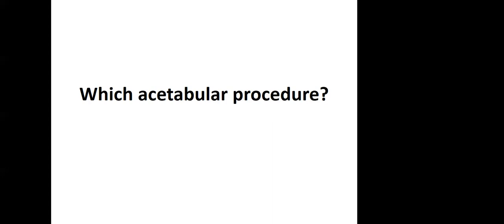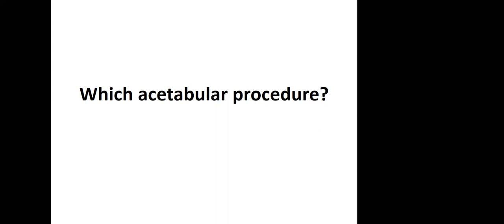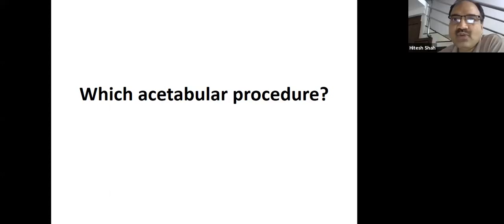Sir, Pemberton osteotomy is reshaping, so it will deepen the acetabulum. But Salter osteotomy will redirect, but the volume will not be changed. Okay, so a Pemberton osteotomy is a dimension osteotomy and a Salter osteotomy is a direction osteotomy. Yes, sir. One more point, when the acetabular dysplasia is very, very severe, the Salter osteotomy cannot correct more than 10-15 degrees of acetabular dysplasia. If the acetabular angle is 35-40, it cannot be corrected with the Salter osteotomy.